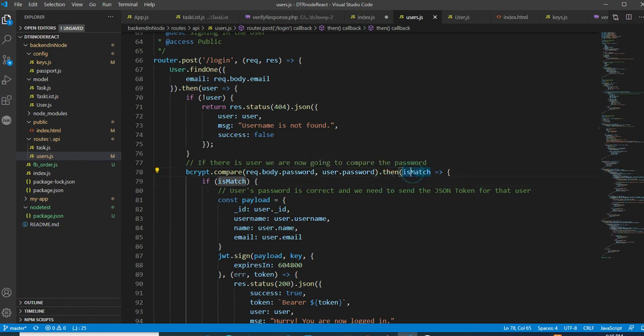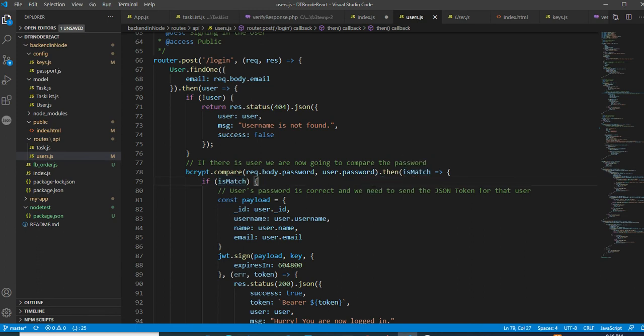If it is a match, it means whatever password you have provided and whatever password is saved in the database, you have encrypted with bcrypt, and then you are comparing, and after comparison, if it is a match, then you will get the information that it is matched. So here you get the information true or false. It is matched or not.